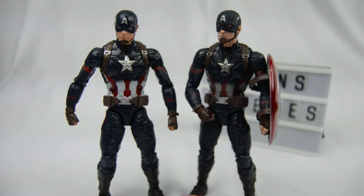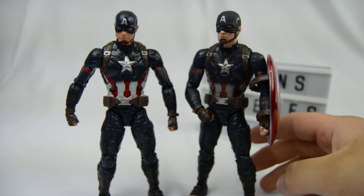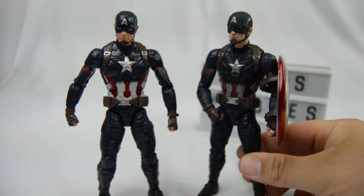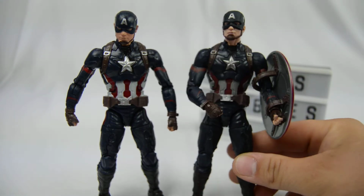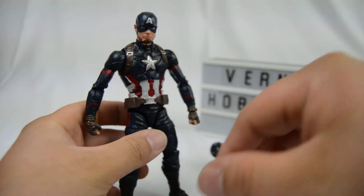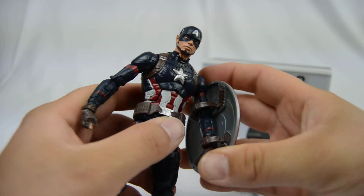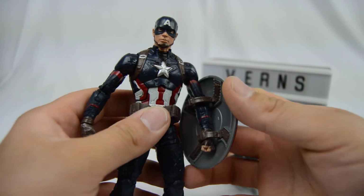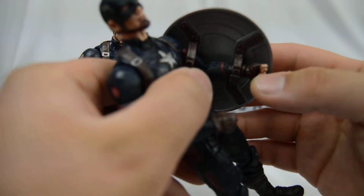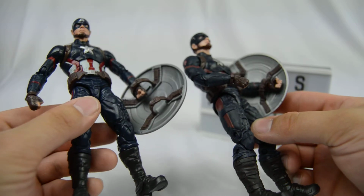So that means that because this is a reuse, the articulation is going to be the same. If you're curious about the articulation limits, go back and watch the first 10 years Captain America and Crossbones unboxing video, because that's where you're going to find all of those juicy little details. It's pretty much what you'd expect. That's interesting. The hand goes through the shield very easily. That has not been my experience with other...